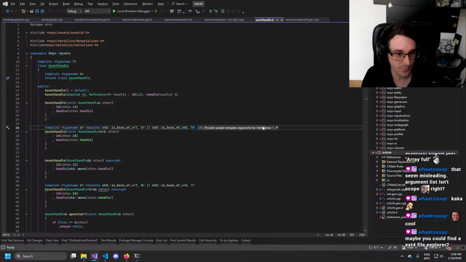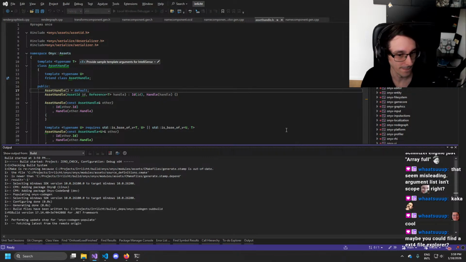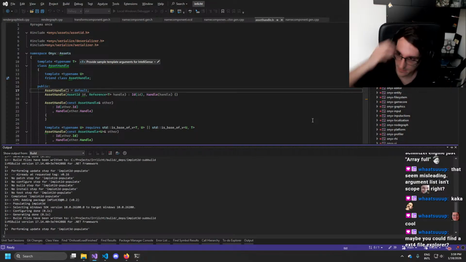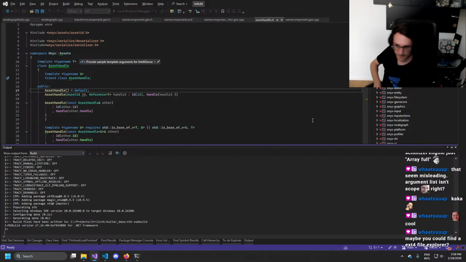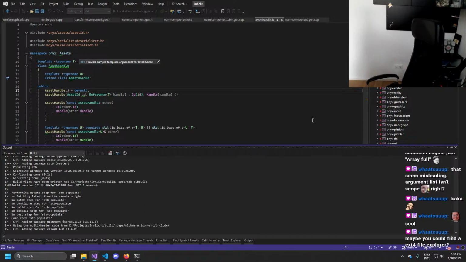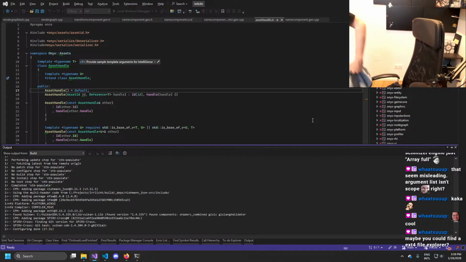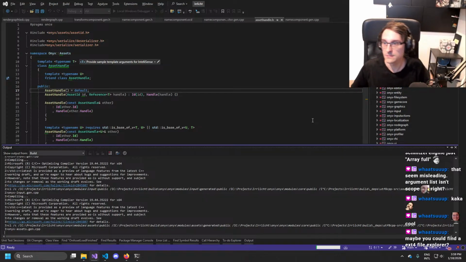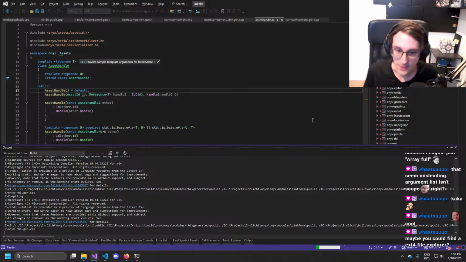I think it was something with the window, because currently the window starts like that, like small. Well, I need to generate now because of CMake stuff. Let me turn on actually the light. All right.